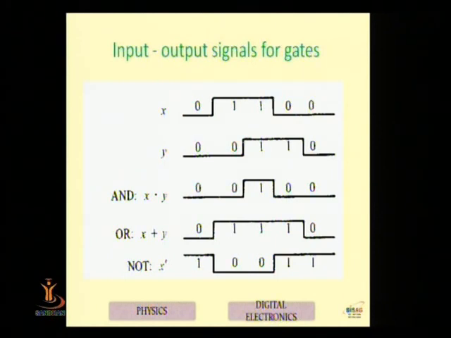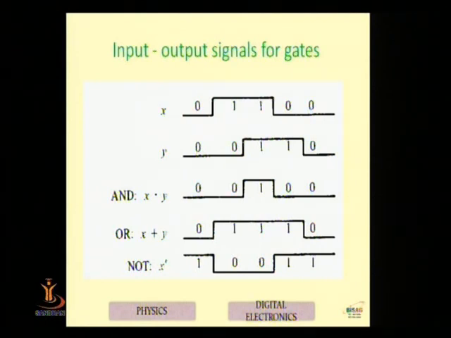Now for the x plus y, if you look at the first condition, 0 0, my x plus y is 0. You need a minimum input, meaning any of your inputs should be 1, to get the output of the OR gate as 1. In the second step, x is 1, y is 0, but since any input is 1, the output is 1. That is the condition of the x plus y. So I am getting the OR gate output 0, then 1, like this.